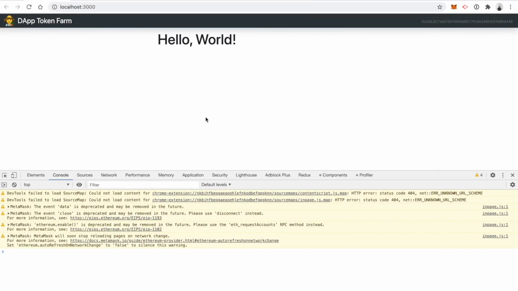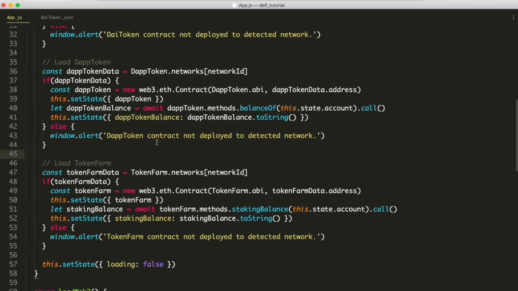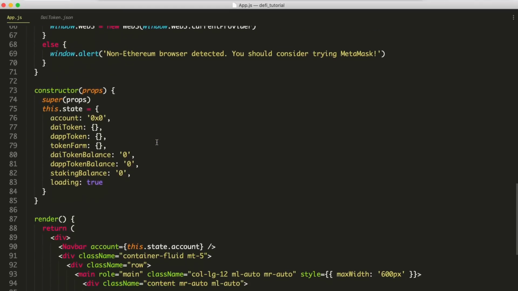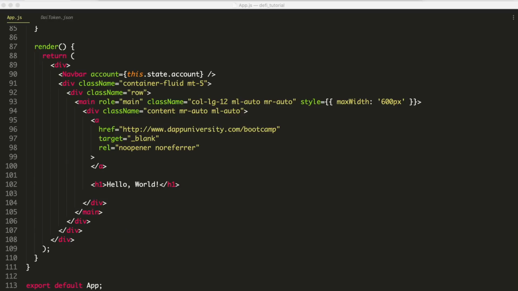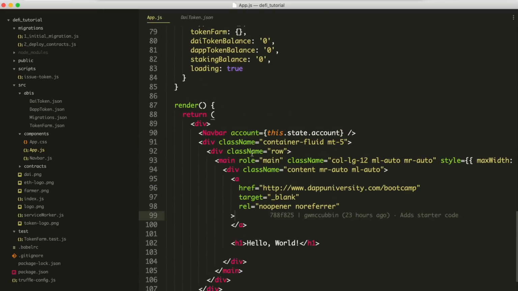All right, so now let's finish off the project. We're going to fill in all this content on the page and add all the functionality to actually interact with the blockchain. In the last section, we loaded up all the data from the blockchain. We've got pretty much everything we need inside the app now, and all we need to do is wire it up, and we're ready to go. So first, what I want to do is create a new component. We'll call this content, or let's call it main. So a new file,